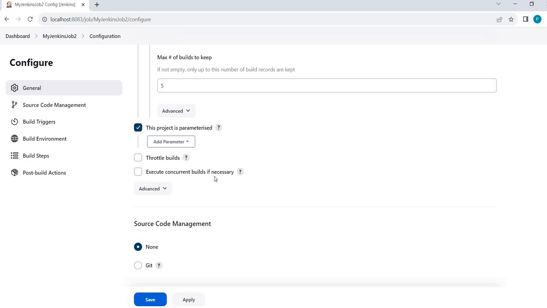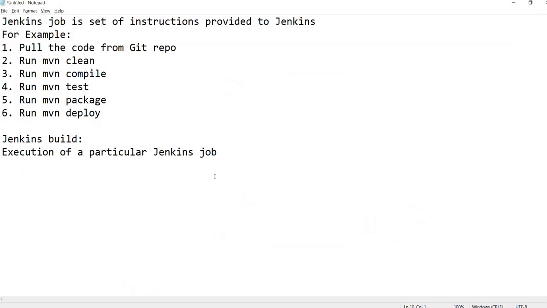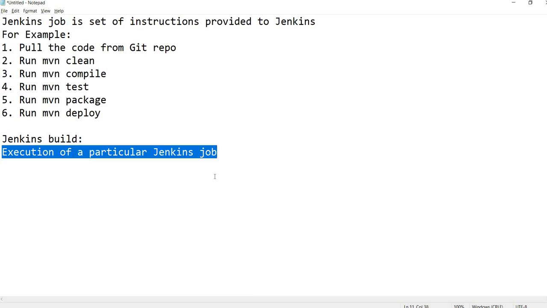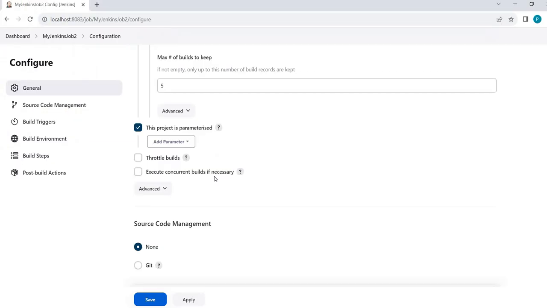create 2 builds. As I told you, the build is nothing but the execution. So if I execute this job one after the other 2 times in successive sessions, like immediately if I run the job and immediately again I start the new execution of it, so it will generate the concurrent builds, parallel builds. So would you like to have the concurrent builds execution for the job, or you want the build execution